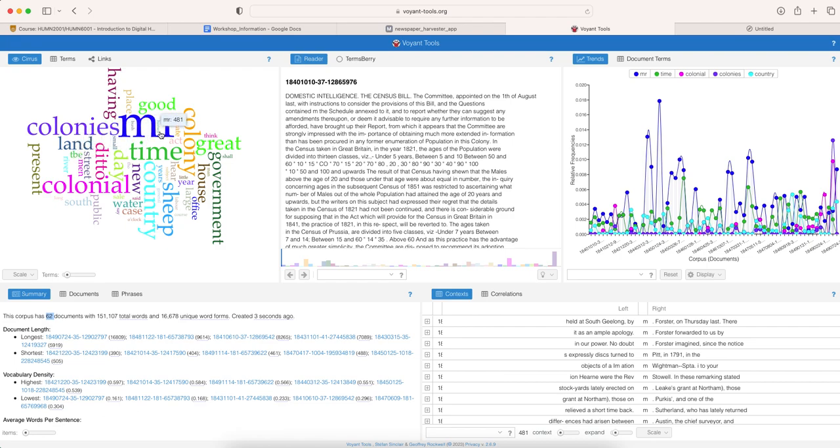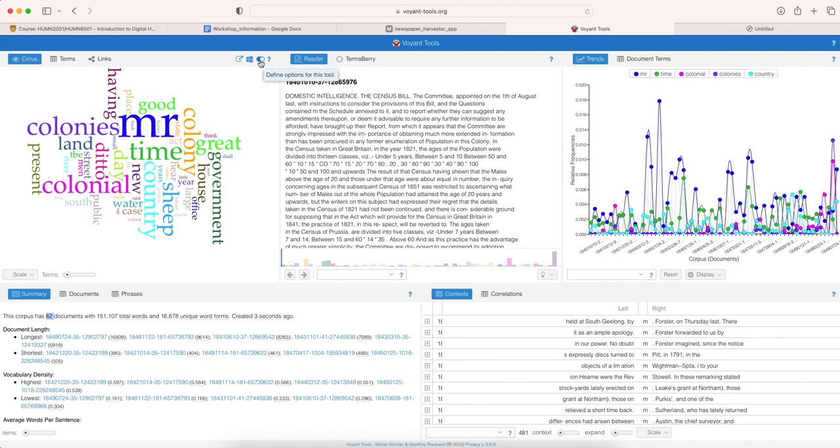Adding words to the stop word list basically means that we'll be improving the quality of the word cloud and perhaps increasing our chance of being able to interpret it meaningfully. So to exclude words from the word cloud, I would personally think that Mr. is not particularly helpful to me in terms of being able to make sense of what all of these texts are about. If we want to get rid of that particular word, we're going to go up to the top